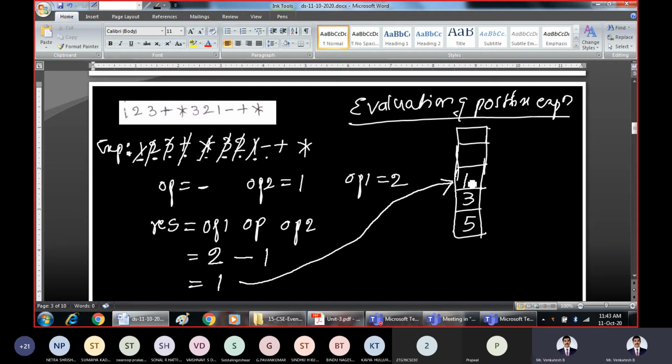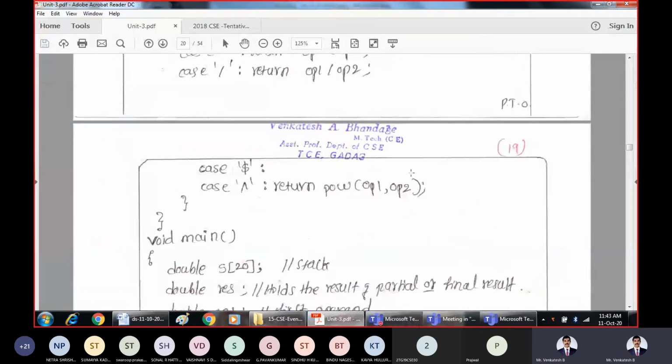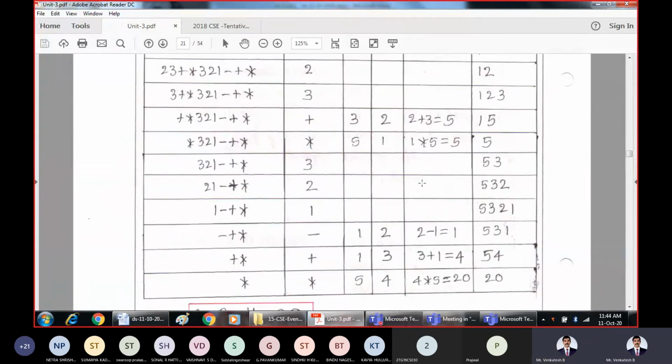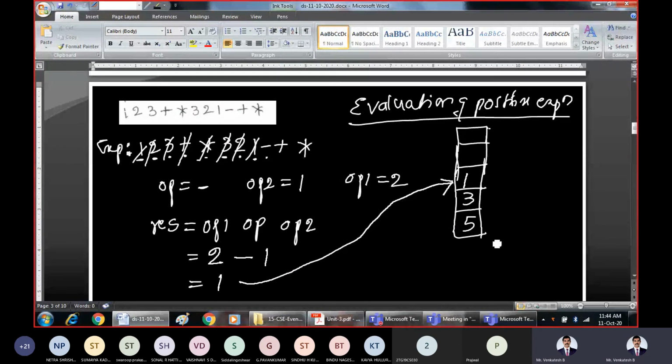So this is the present status of our stack: 1, 3, 5. Now which symbol have we processed successfully? Minus has been processed successfully. Now, what are the remaining symbols? Plus and star. Before I go for processing further symbols, I will erase this and keep the things ready for the next operation.